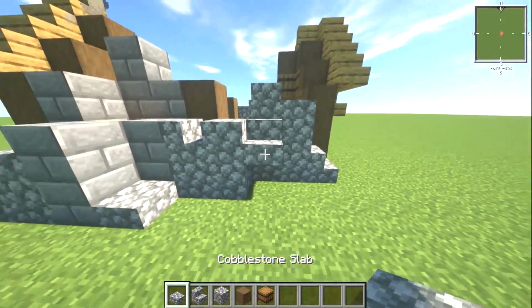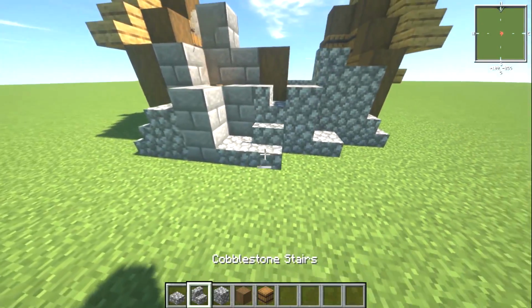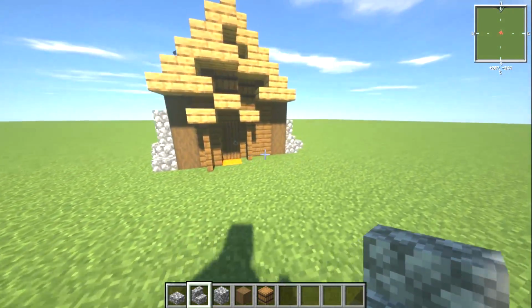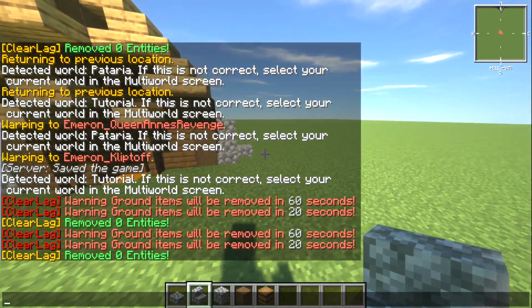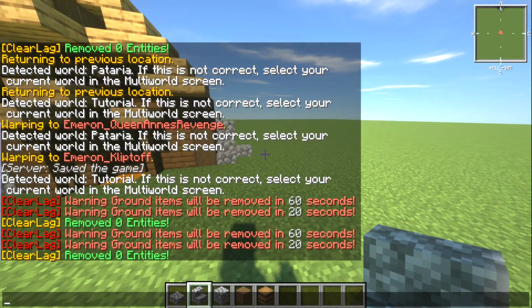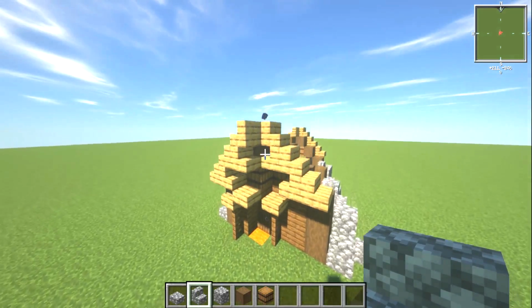I keep on forgetting about this piece. I don't know why. But yeah, we'll put something in like that, maybe. Like, something like that will do. So that kind of like looks quite cool. So, what's next? Nice and simple. What we're going to be doing